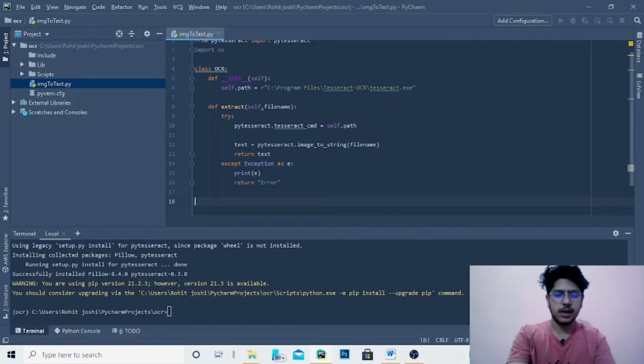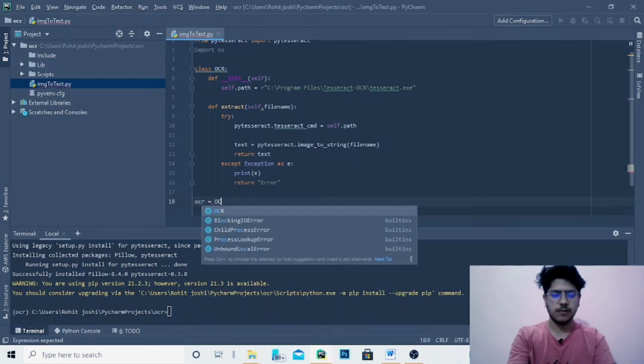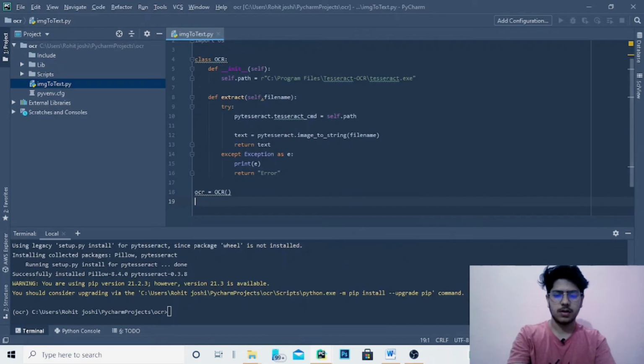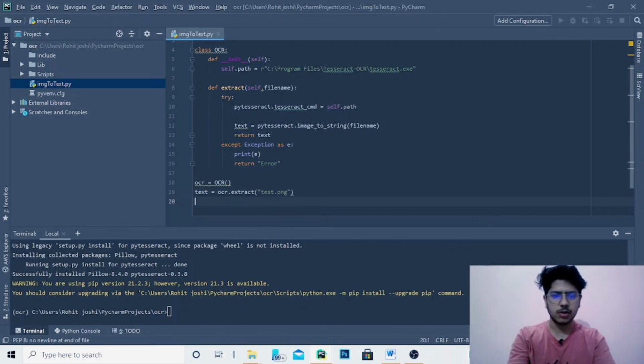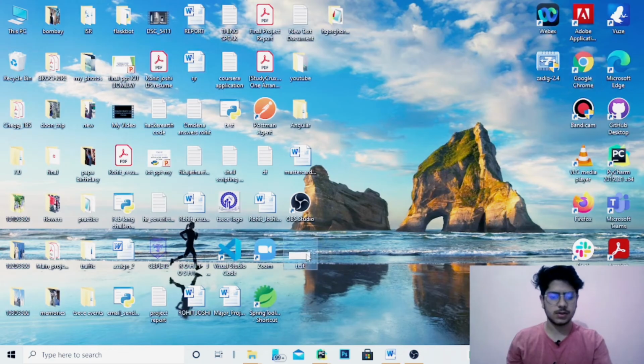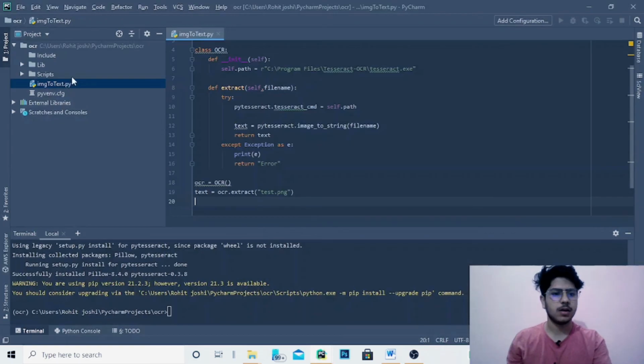Okay, so let's test this. For the test, create an object of this particular class, and here is text: ocr.extract, the file name is test.png that I am going to use. This is the png file.